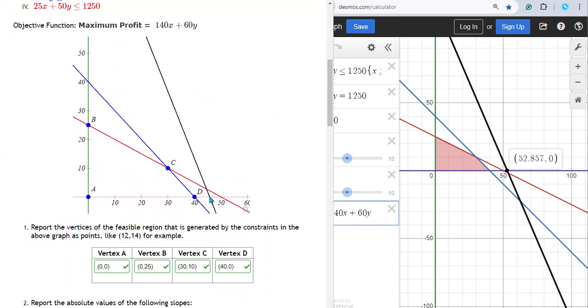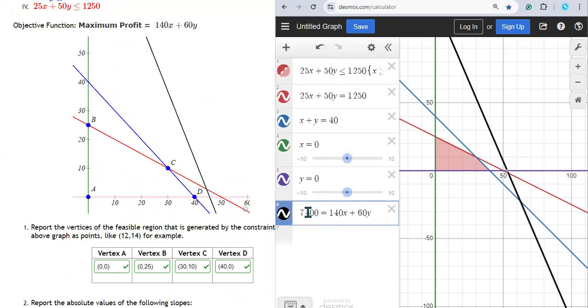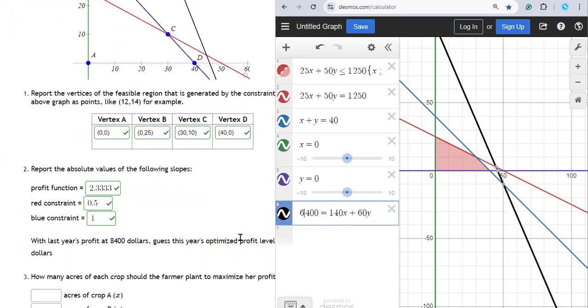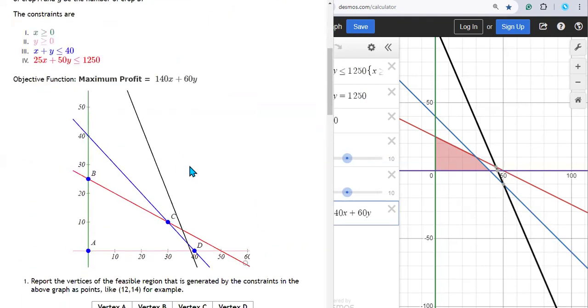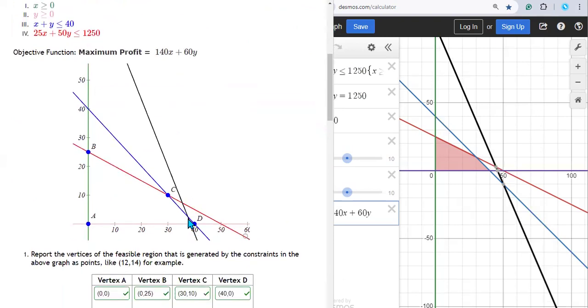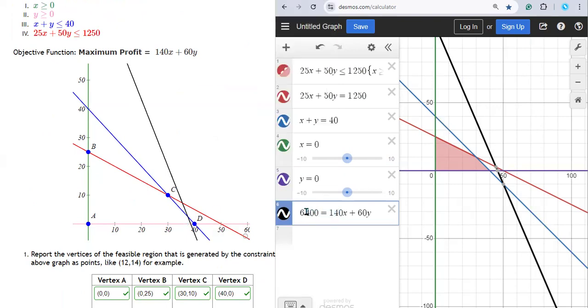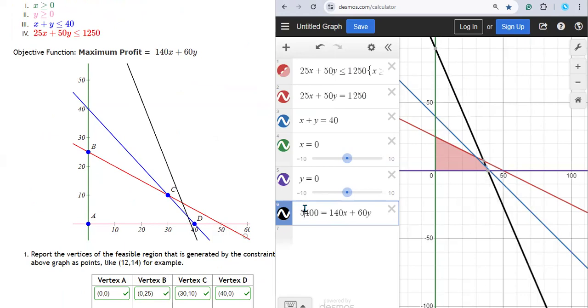6,400 is getting close, right? 6,400 is getting really close. So I'll change this to 6,400. We still got it marked wrong. Let's change it to 5,400. Now, 5,400 puts a portion of this black line inside the feasibility region. So if I change this to 5,400 and I zoom in on the spot here,